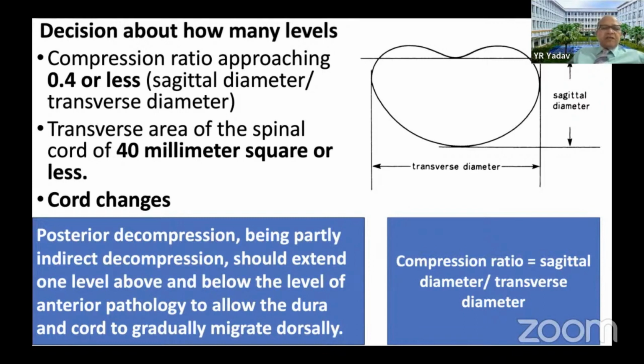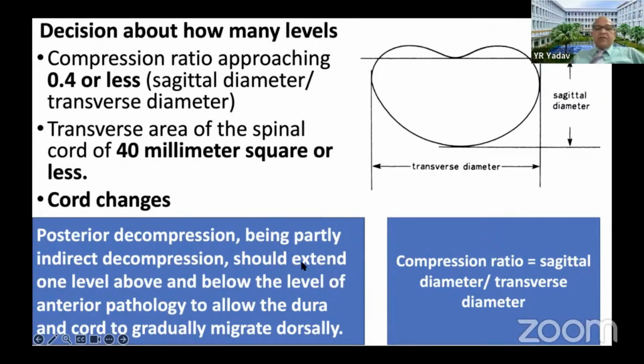All these come from the anterior side, and the ligamentum flavum and facet hypertrophy also cause compression. Because it is an indirect decompression and the cord has to move posteriorly, it is always advisable